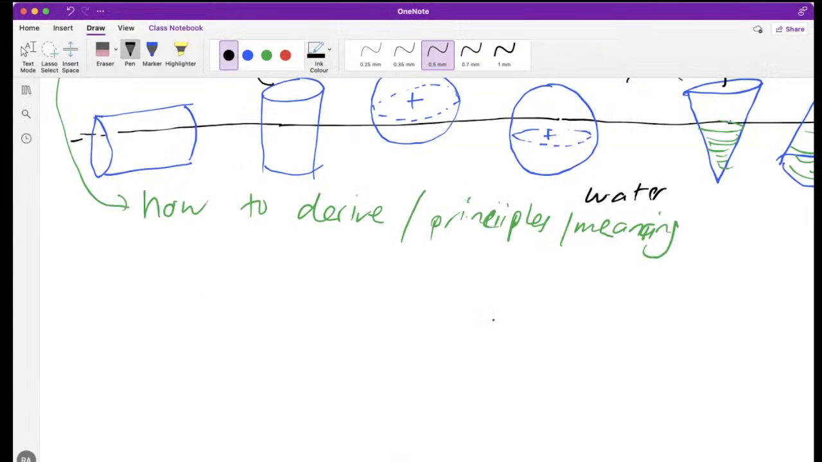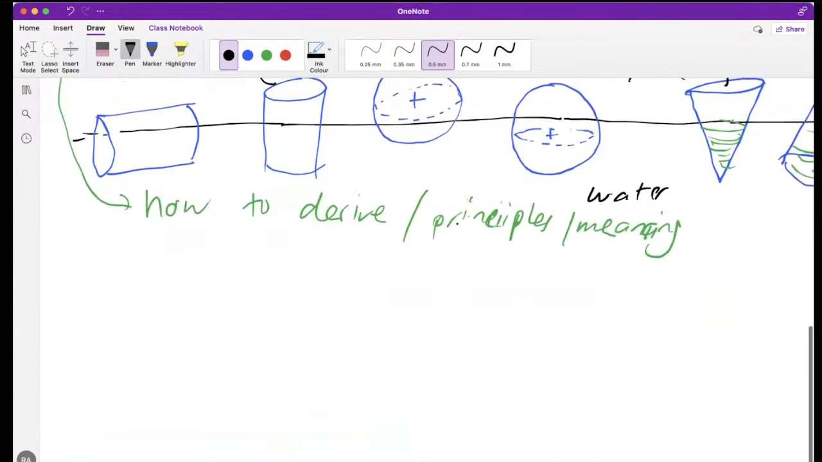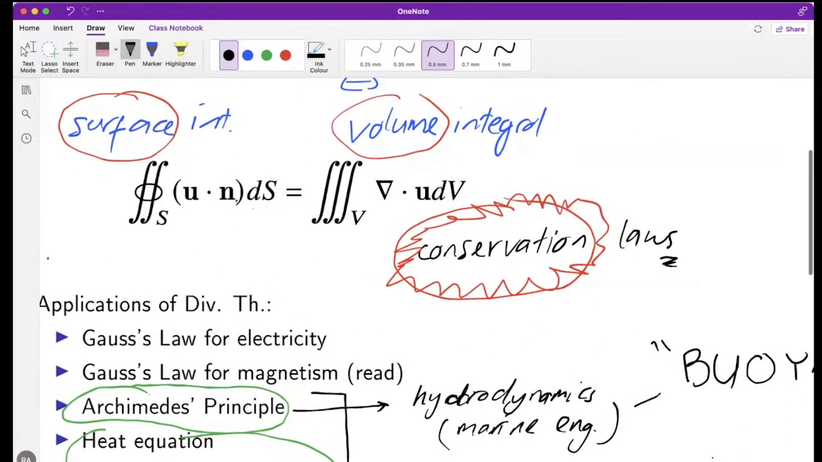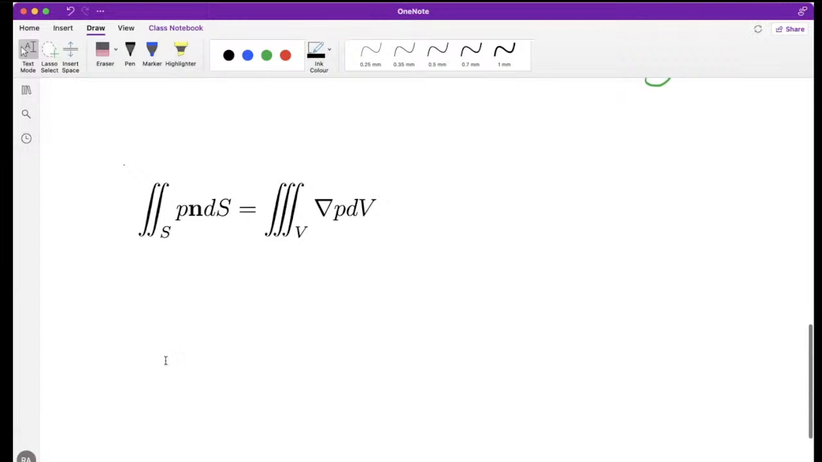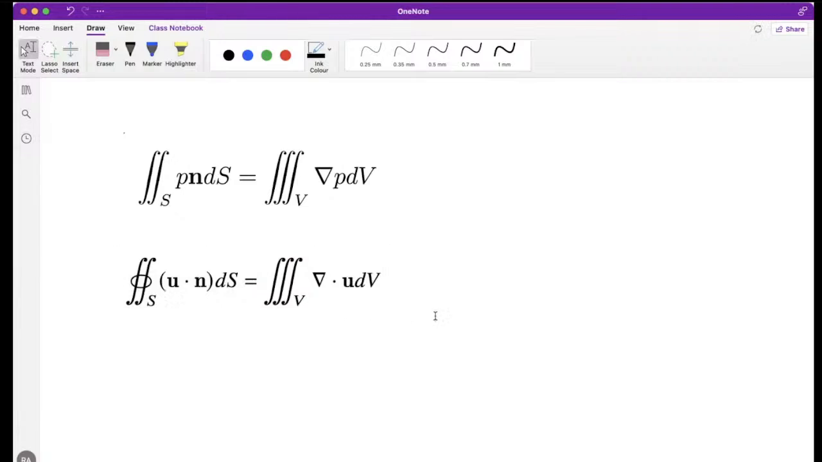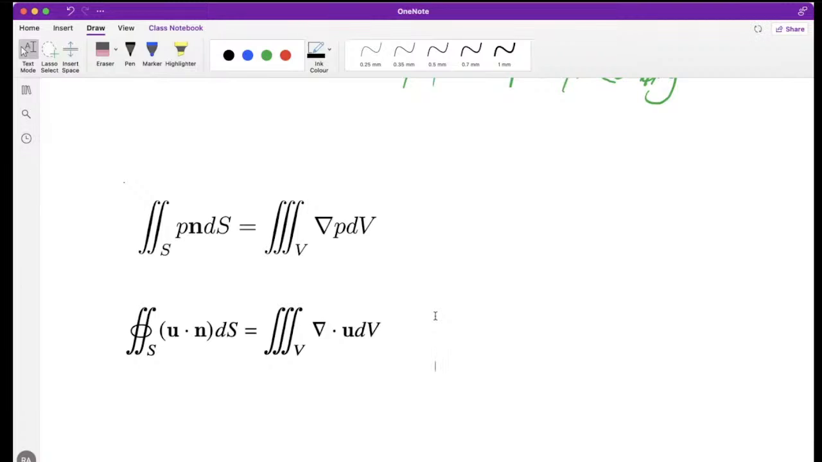Okay, let me just paste it here and rearrange this. Okay. You can see, I hope you can see, this is the standard form. This is the standard